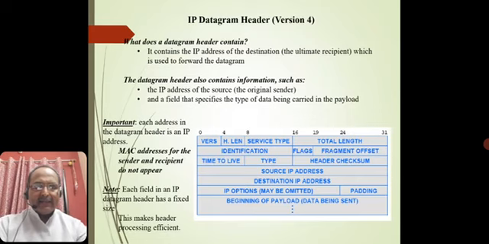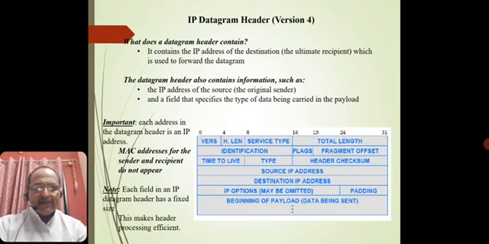Now, the IP datagram header, in any operating system, contains the IP address of the destination, the ultimate recipient, which is used to forward the IP datagram, so it should know where it has to be addressed.